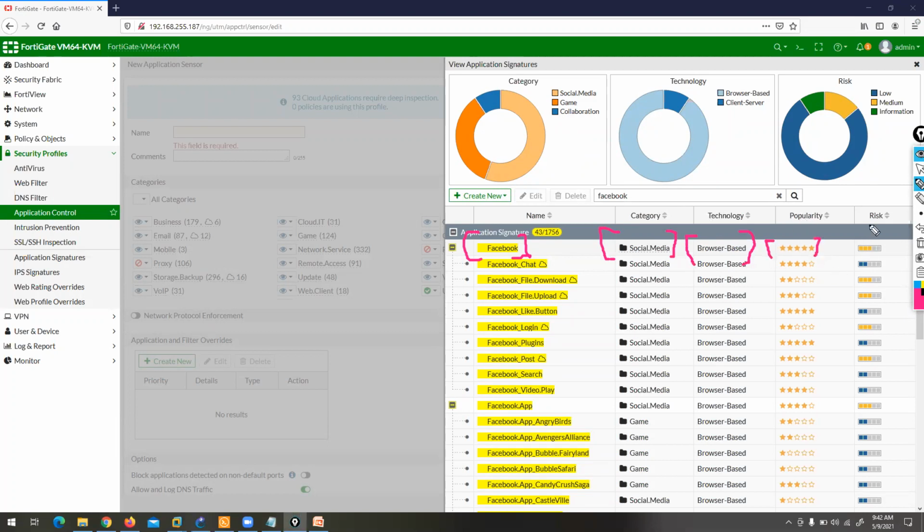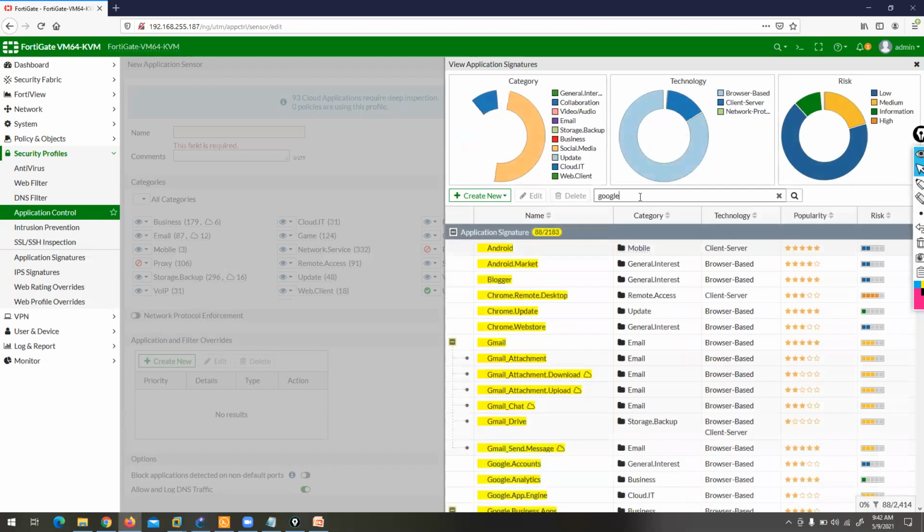And the risk, if you are using it, what is the risk? This one. Wait. The risk is this one. It's called medium level, see the information, medium. So to use this Facebook application, the risk is medium. It's not high. You can get some other information like Google application. So you can get Google application, Android application, Gmail application.